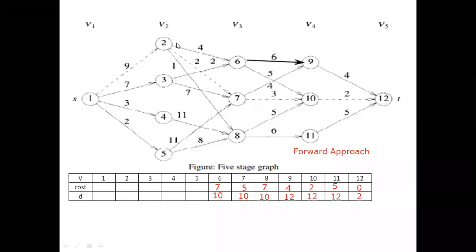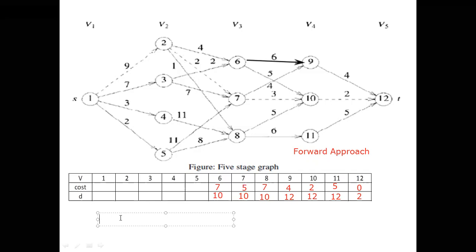Now we will solve the stage number 2, first vertex 2. I will write the formula once again. Why I am writing it once again is because from the 2 you see that there are 3 edges going. One is going to 6, one is going to 7, and one is going to 8. That means 3 paths we are going to get. Out of these 3, we have to calculate which is the shortest one. Another meaning is that 2 to 12 we are calculating. There we are going to get 3 paths. From 2 itself we are getting 3 paths. From those 3 paths, which is the shortest one.